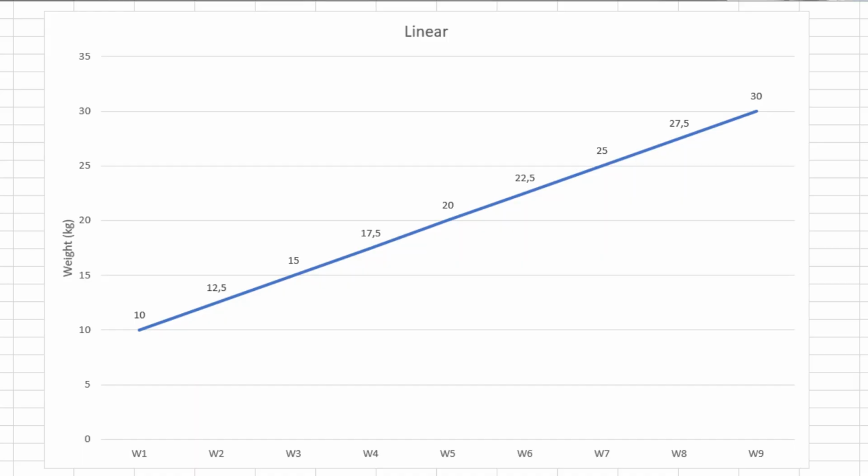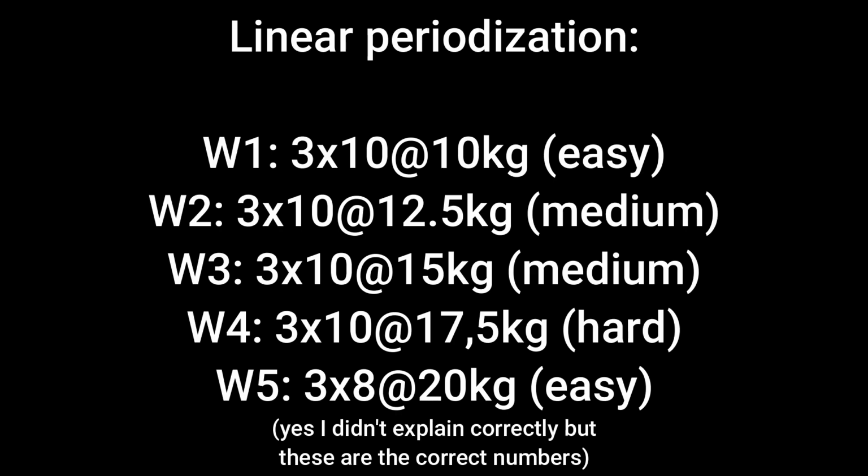So for week 1, it should be a 3x10 on 10 kilograms that is going to be very, very easy, since you want to give yourself time to work up towards difficult sets. Week 2 and week 3 are going to be a little bit more difficult, but definitely doable. And then week 4, you're going to hit about 20 kilograms for a 3x10, which is going to be very, very difficult for you. That is going to be pretty much your highest volume week. It's the week where you fill out how much weight you can do for your 3x10, and then for the next week you're going to go for 22.5 kilograms, so the weight still increases, but